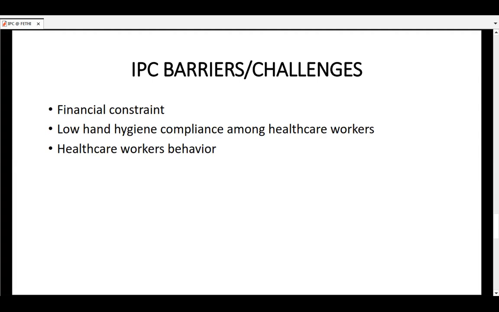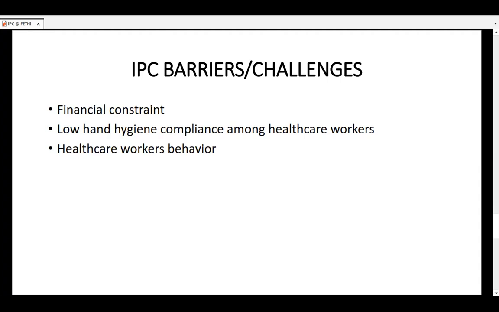And I will say this, the second point, low hand hygiene compliance among healthcare workers. There is still a lot of issue regarding compliance rate with hand hygiene among healthcare workers: doctors, nurses, health assistants, especially, those are the three groups that are closest to patients. Although we know that with more intervention vis-a-vis HIC material and all those other things that Dr. Ejekam has said, we believe this will improve. And the good thing is that some of these things have improved, but we know we have not gotten to where we really desire.